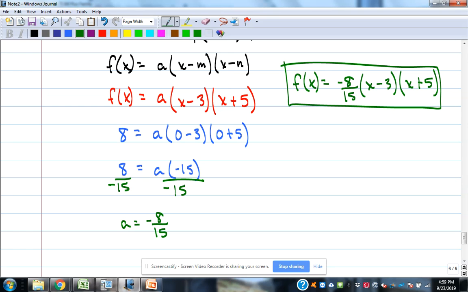Well, I've got intercept form. I could get to standard form from intercept form by multiplying everything out. So if they ask for it, this is intercept form. Standard form,